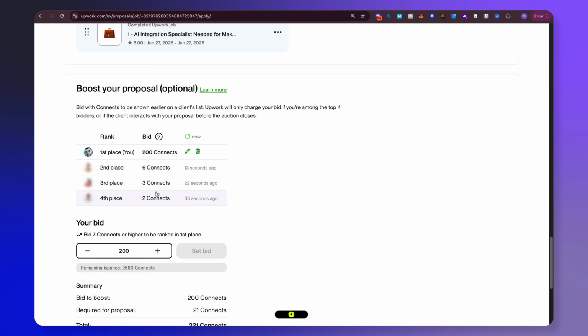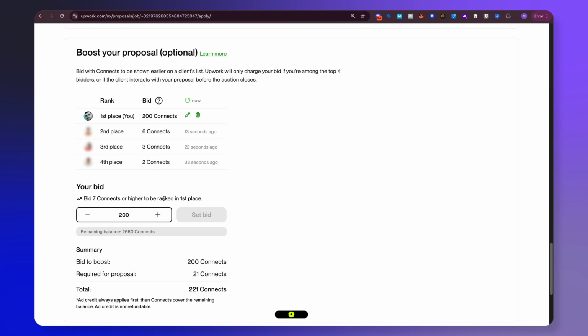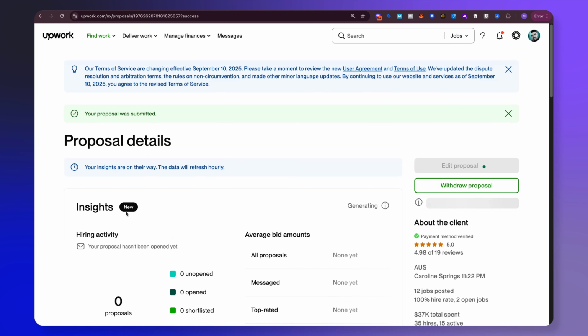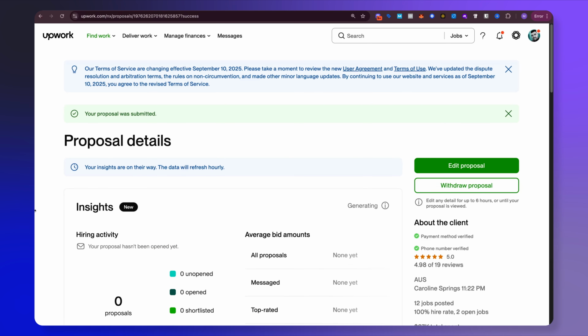I'm going to set a bid really high for this because it's a big project, so I'm going to go in at 200 connects. Again, do not worry about the connects. If you can only afford a certain amount of connects and you need to bid within the ballpark, then do it. But for me, when I see a big project that I know I could do and that I can knock out of the park, I have to bid high because I want to remain in those top positions.